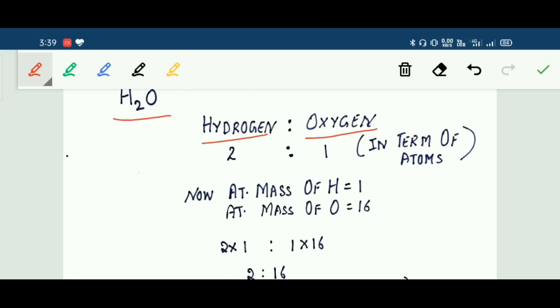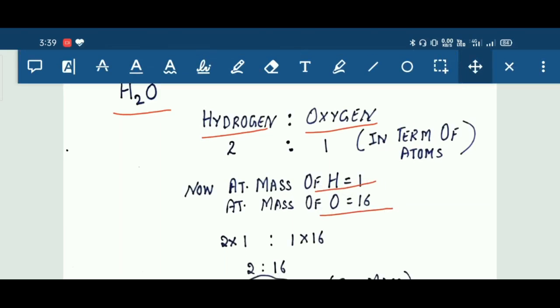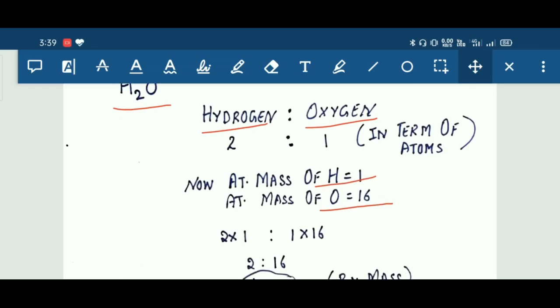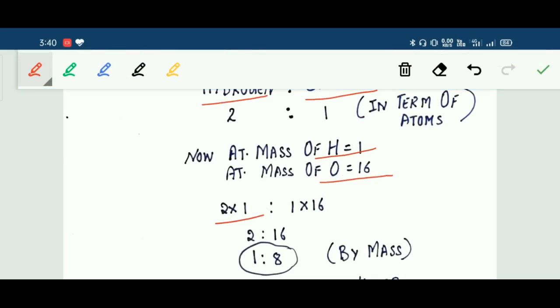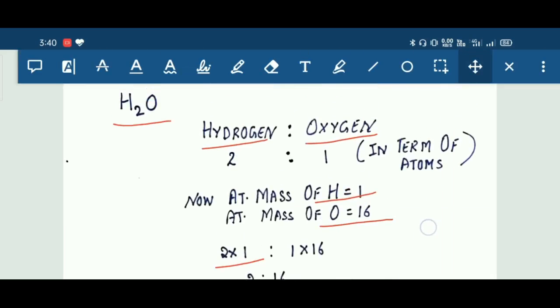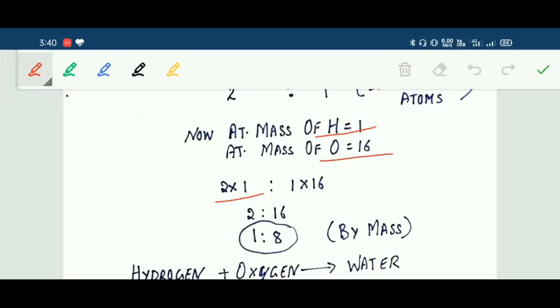Now students, you will learn very soon that the mass of one atom of hydrogen is 1, whereas the mass of one atom of oxygen is 16. That means the total mass of hydrogen present in water is 2 into 1, because there are two atoms of hydrogen, and the total mass of oxygen present in water is 1 into 16, as only one atom of oxygen is present in water, which means the ratio of masses of hydrogen and oxygen present in water is 2:16. In simplified form it is